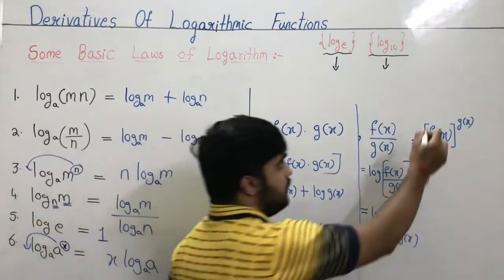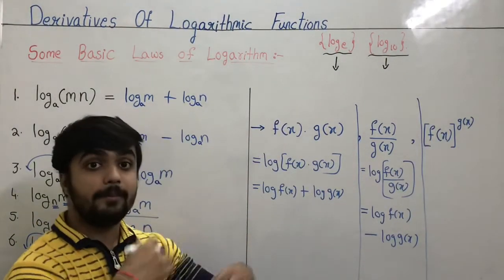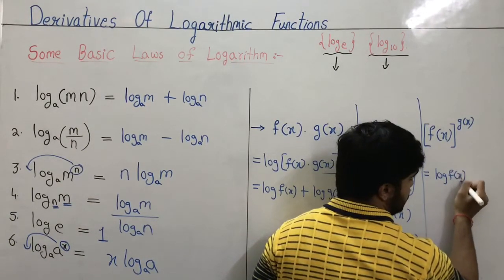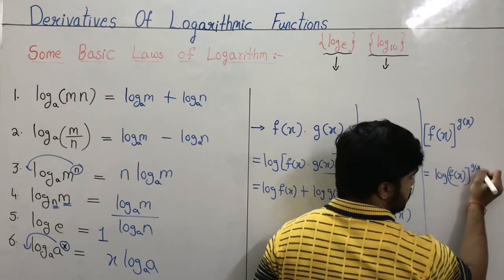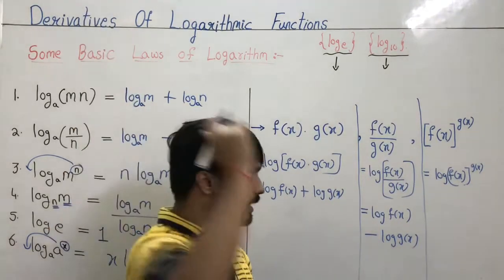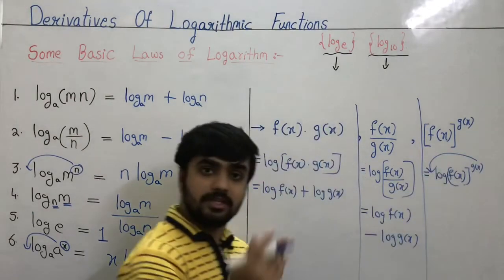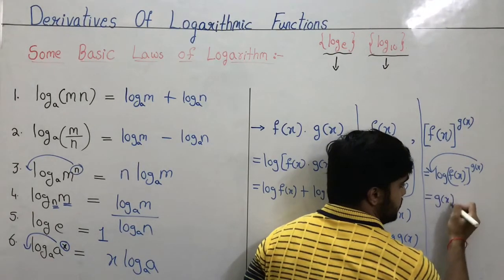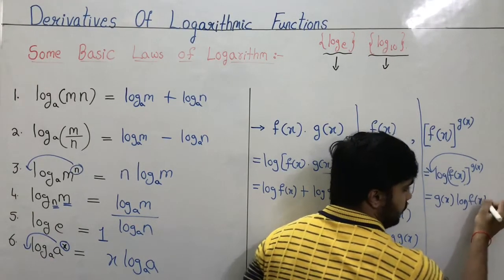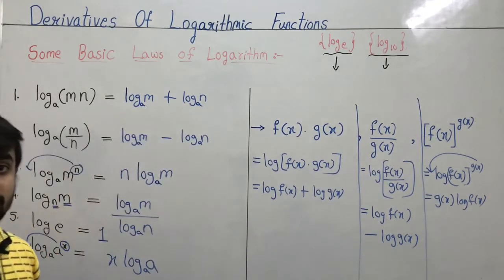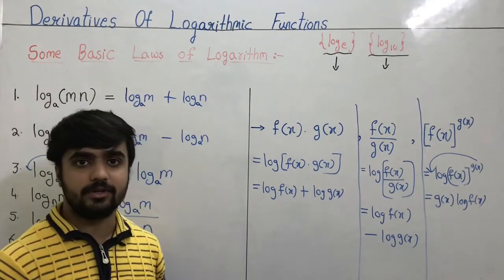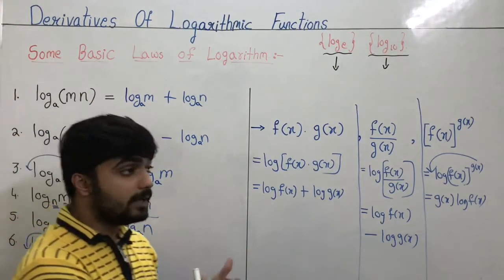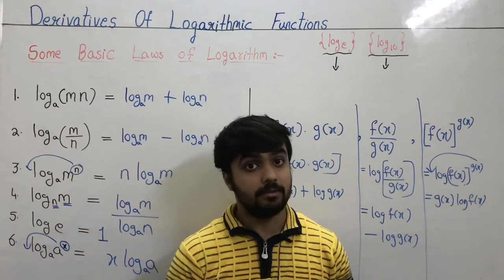And our next function, when it is raised to another function and when we apply log to this, let's see what happens. So log of f of x raised to g of x. So we have seen that when a function is up, we have to take it down. Okay, so we'll take it down. So it will be g of x log of f of x. Okay, so these were few complicated functions, which we made simple by using this basic law. Now let's see few numericals related to this, so that your concepts will be more clear.